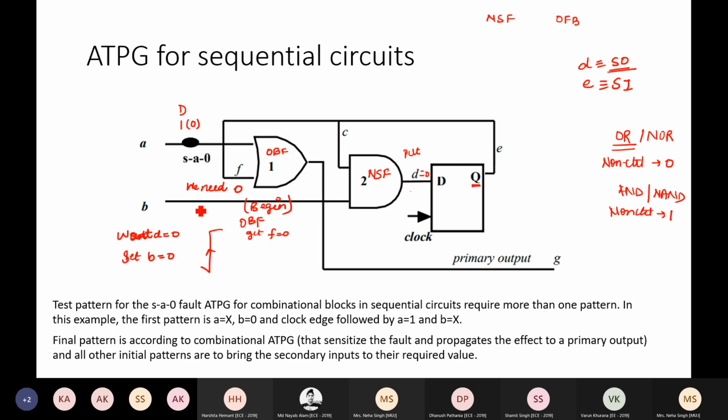राइट, so what I did is I put b equal to 0, which ensured d equal to 0, or which gave me d equal to 0. Now clock edge came. This d was propagated to q, so I get e equal to 0. Right? So I am getting e equal to 0, which is same as f and c. So at this time f equal to 0, c equal to 0, e equal to 0. ये जो d equal to 0 था, at this clock edge it is